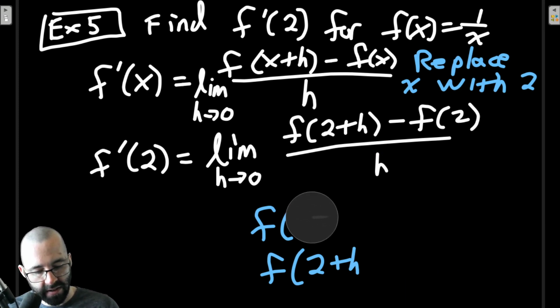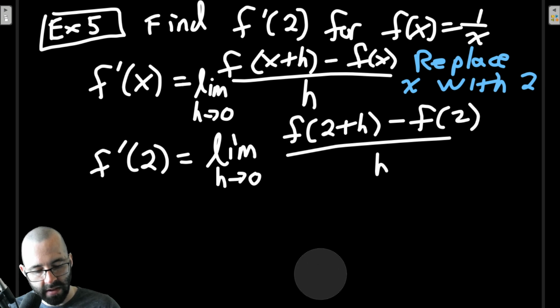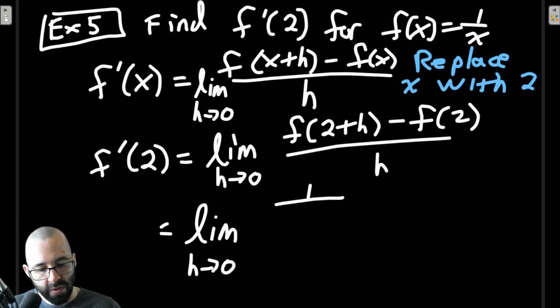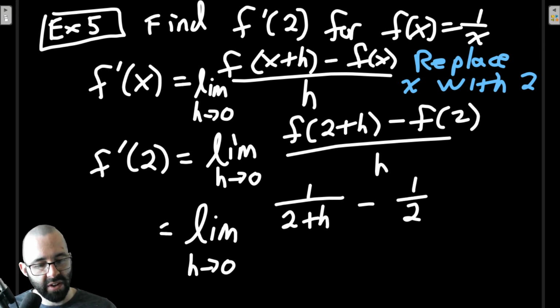So we're going to have the limit as h goes to 0 of 1 over 2 plus h minus f of 2, which is plugging in 2 into f of x, all divided by